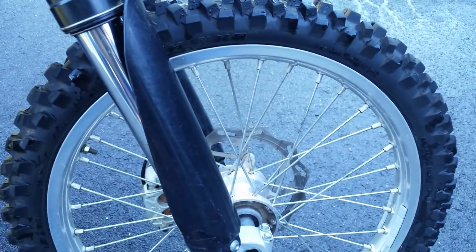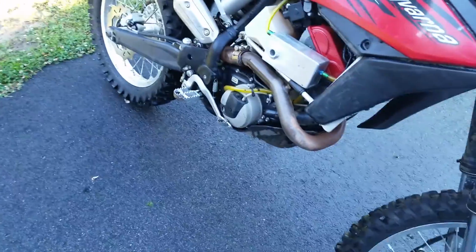Zero dents on the rims. I hate to admit it, but these tires were the tires I had on the bike when I got it, which is pretty sad. Anyways,